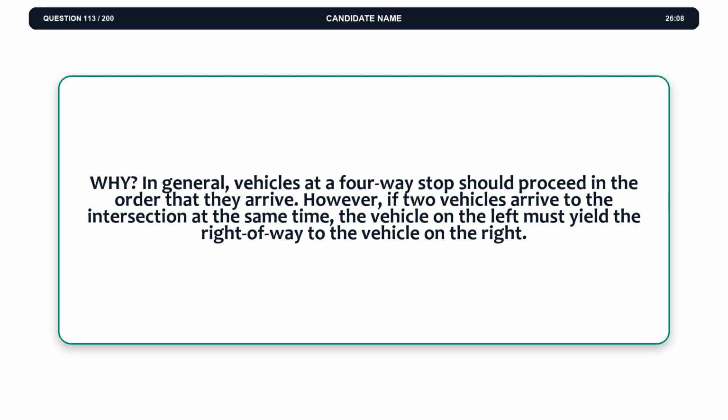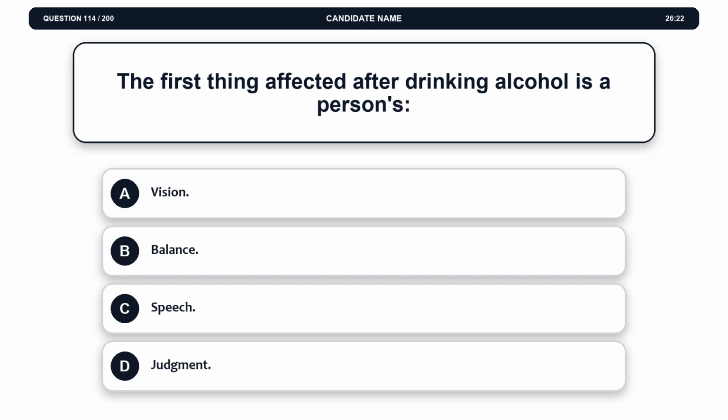Explanation. In general, vehicles at a four-way stop should proceed in the order that they arrive. However, if two vehicles arrive at the intersection at the same time, the vehicle on the left must yield the right-of-way to the vehicle on the right. Question 114. The first thing affected after drinking alcohol is a person's